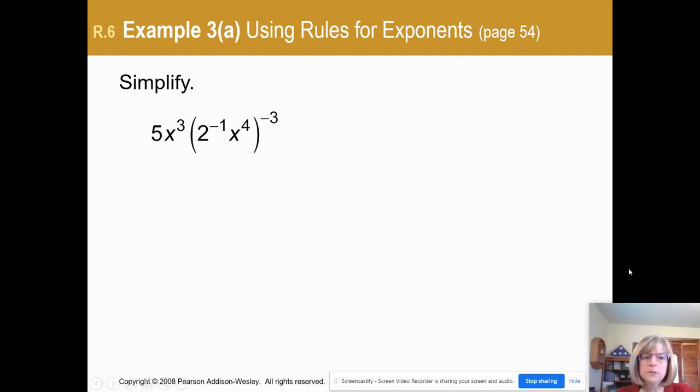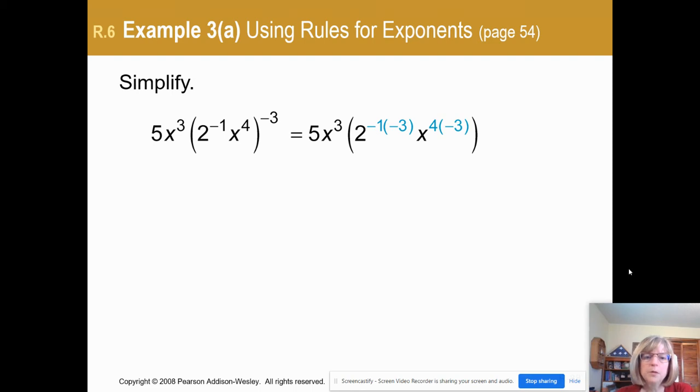Here we have some terms that are all being multiplied together. I have 5x to the 3rd. Then in parentheses, 2 to the negative 1 x to the 4th raised to the negative 3rd power. So what do we do? Well, PEMDAS, parentheses, exponents, multiplication, division, addition. So we want to get rid of the parentheses first, and we'll do that by using the product rule